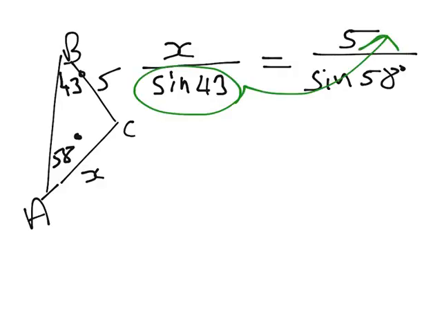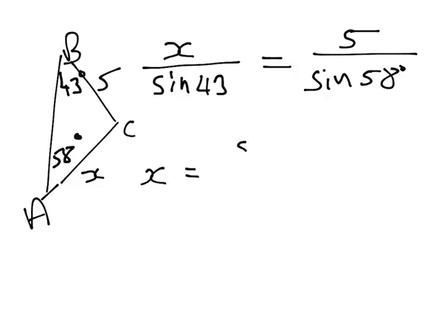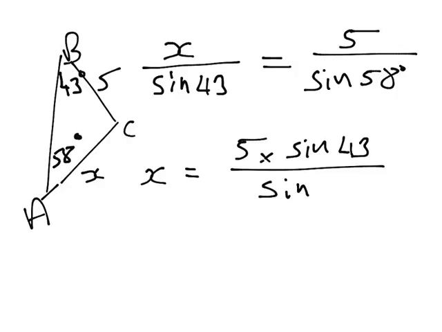Technically, you're multiplying both sides by sine 43, and then it's cancelling out. So what you end up with is x equals 5 times the sine of 43 divided by the sine of 58, and you get an answer there of x equaling